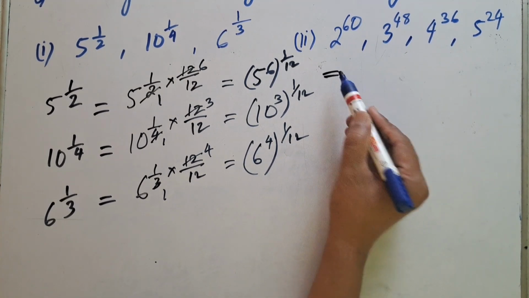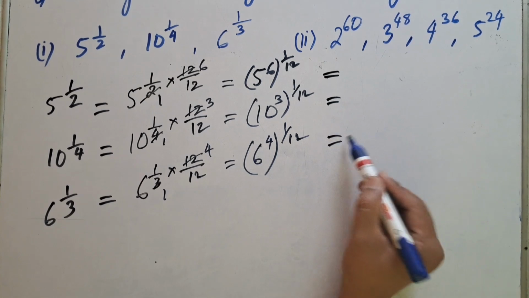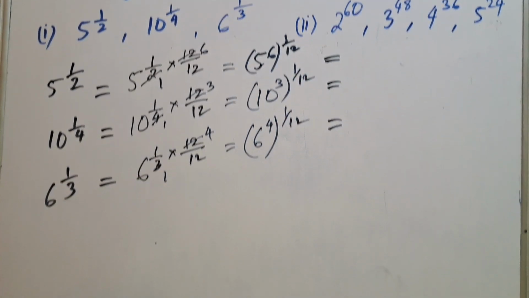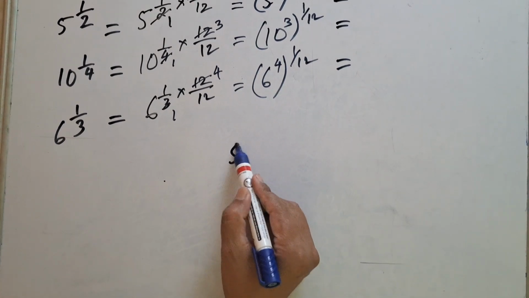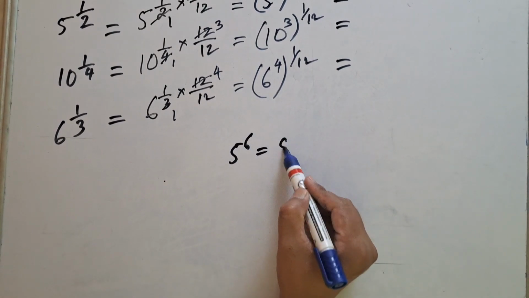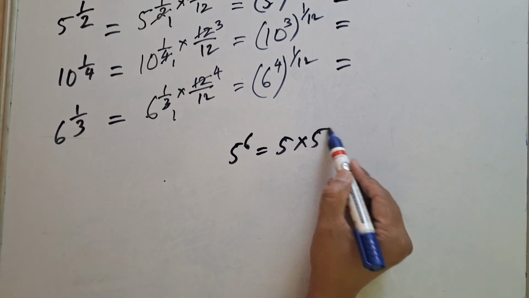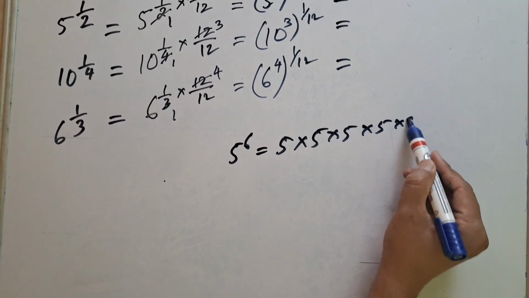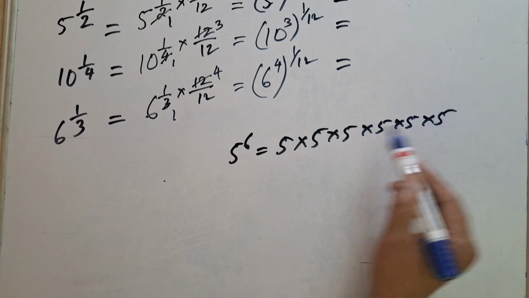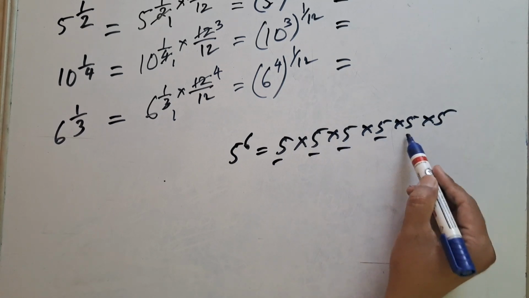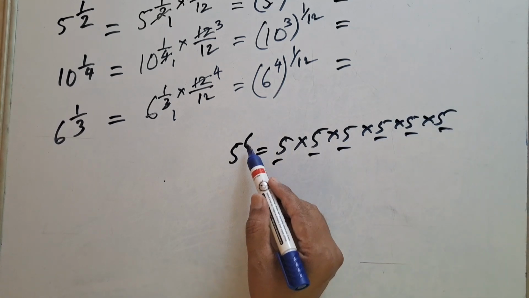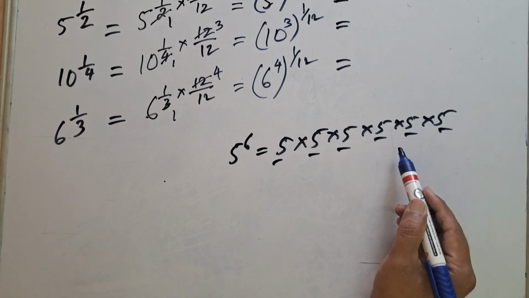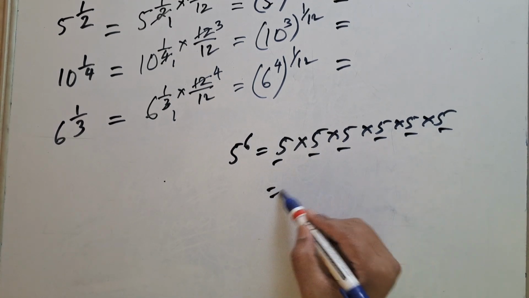Now, 5 to the power 6. Let me explain the value of 5 to the power 6 here. 5 to the power 6 means 5 multiplied 6 times. 5 into 5 into 5 into 5 into 5 into 5, that is 1 2 3 4 5 6. So 5 multiplied 6 times will give us